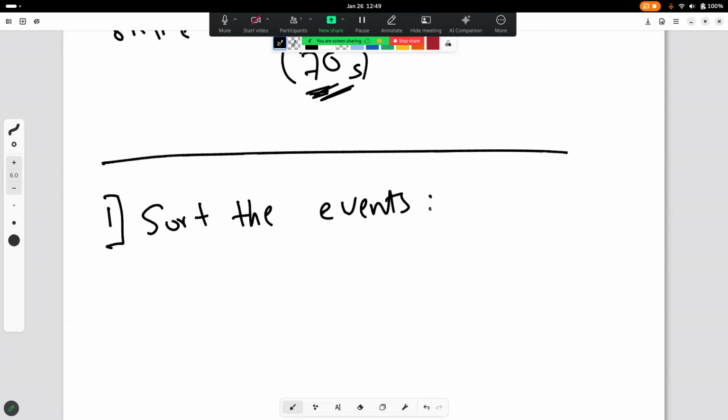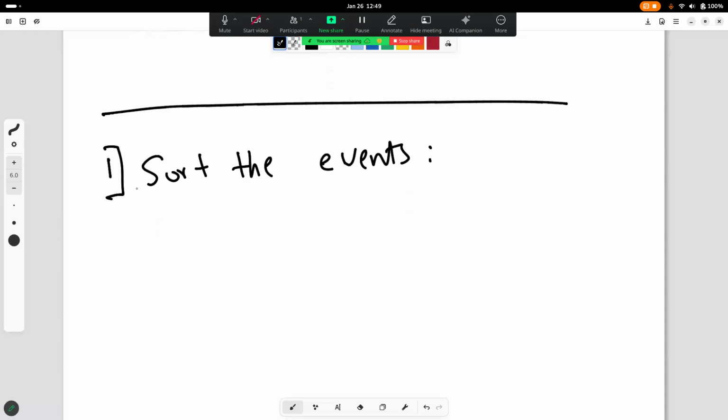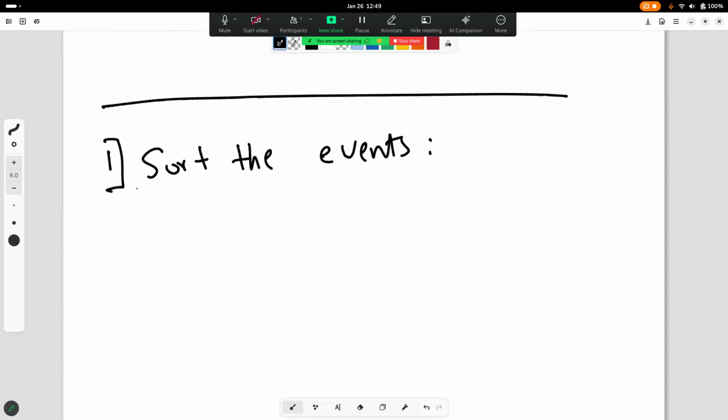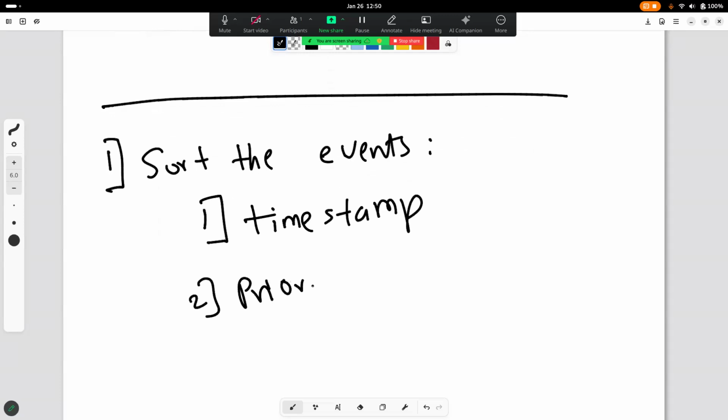Okay. So it's not given that in the sample test case, it just happened that the events were sorted by timestamp, but it's not given that events will always be sorted by timestamp. So the first thing you do is sort the events by the timestamp. And if two events occur at the same timestamp, then prioritize the offline event, like the user going offline event, because according to our question,